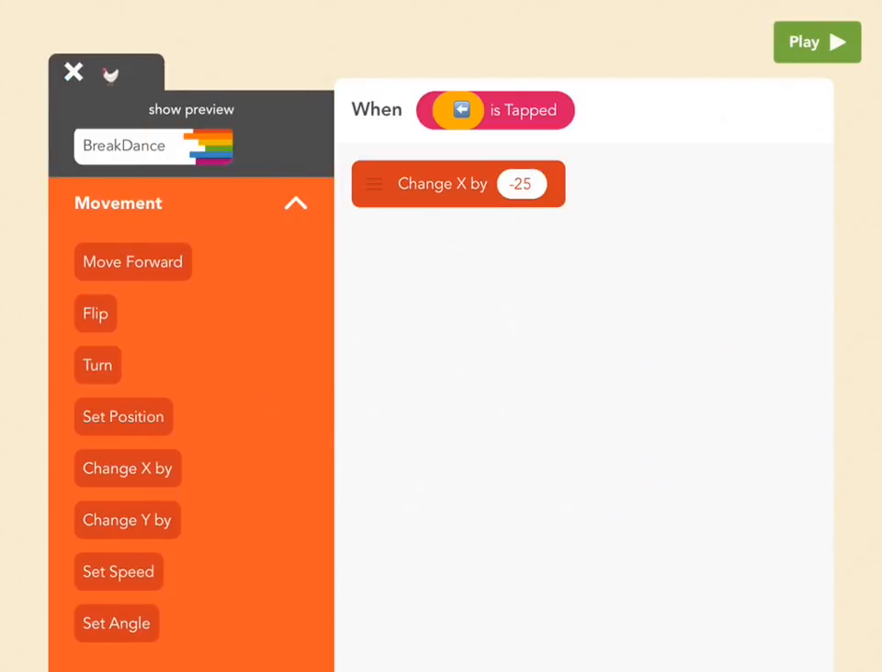If we put a positive number there, the chicken would move right. So let's see what happens. You tap up, it goes up. You tap left, it goes left. Awesome. Let's go back to edit